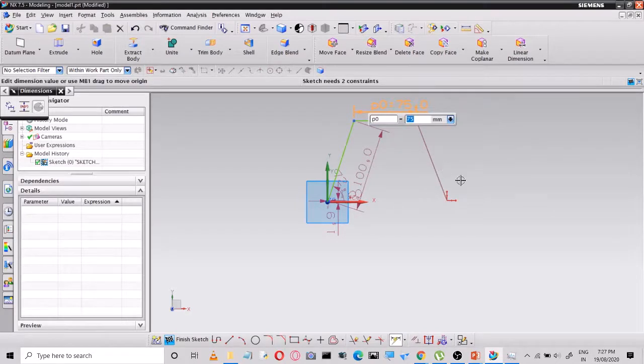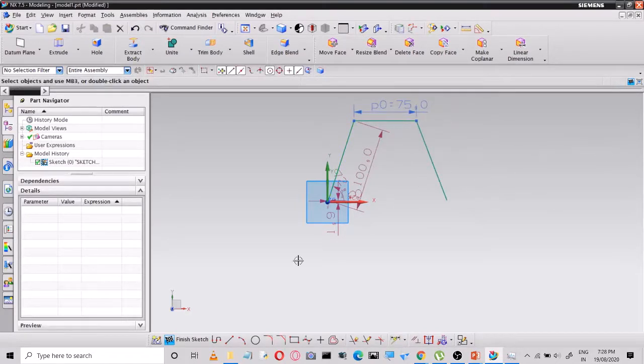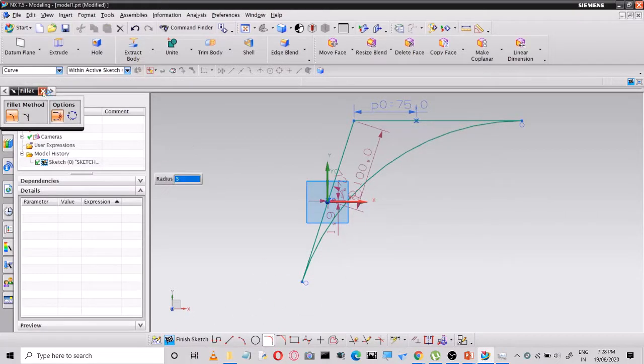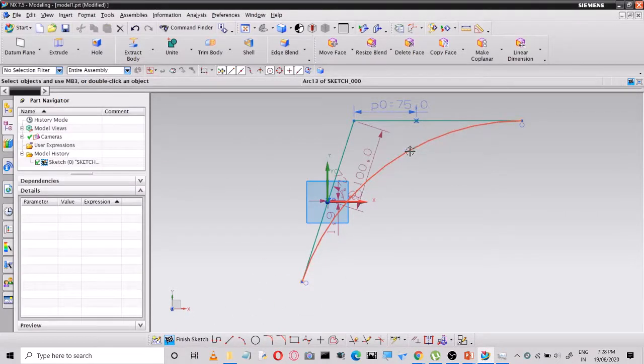That is 75 there. Let us see. Fillet. It is a new option here: first, second, third. I think it is better to provide the radius itself.